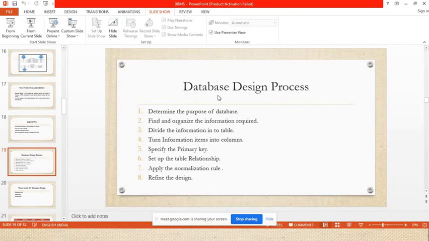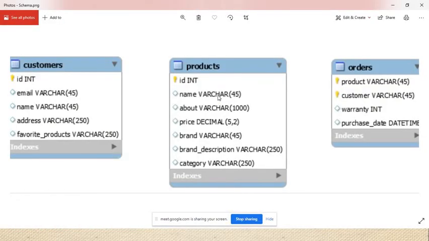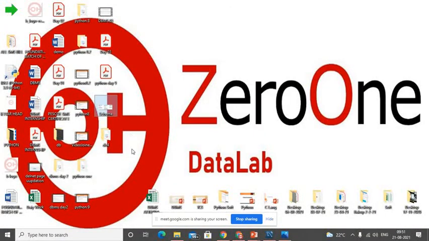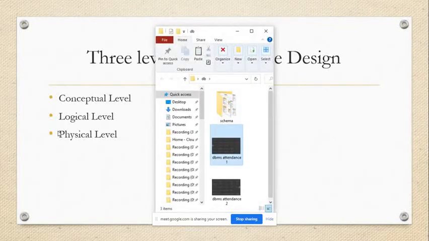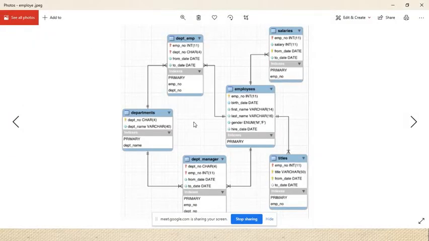Now if we want to discuss the relationship and normalization, then we need to understand these concepts, and these concepts are very high level. Okay, similarly I have designed another DB. See, employee schema. This one is an employee schema.